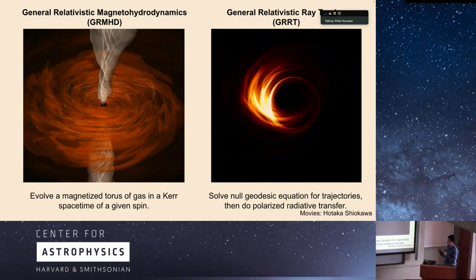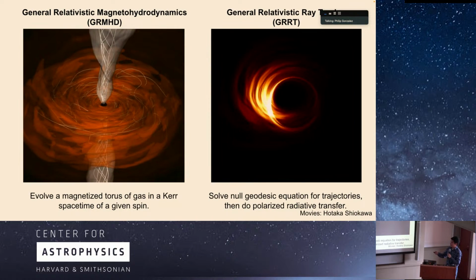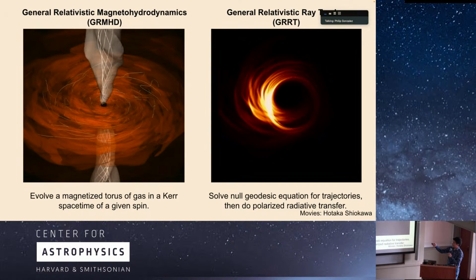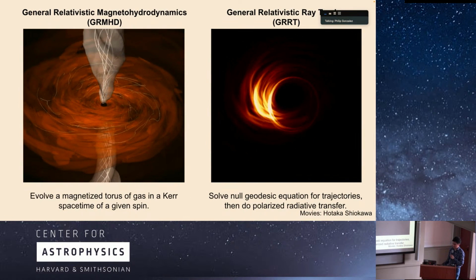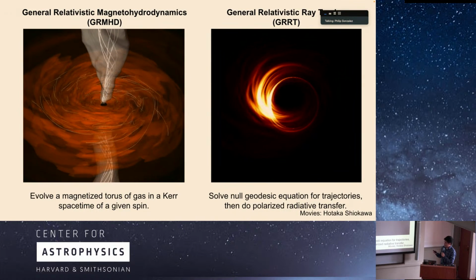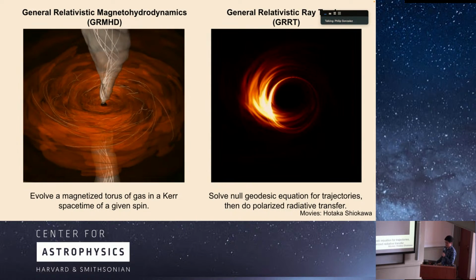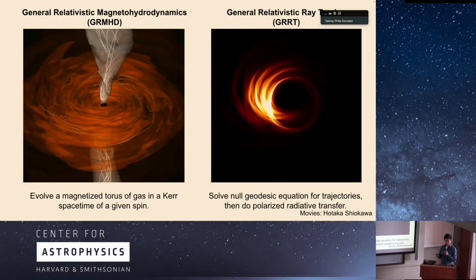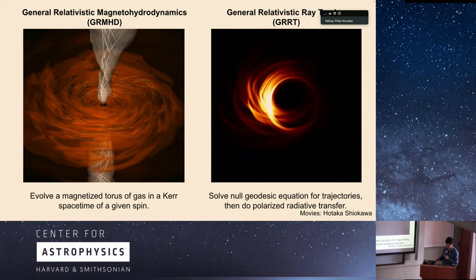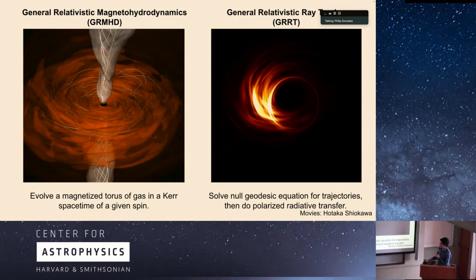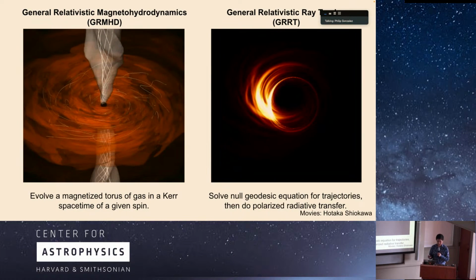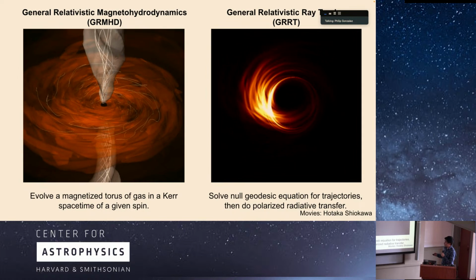There are interesting and very useful differences between the simulation view and what we expect to see with our telescopes. In particular, this side is brighter than the other side due to Doppler beaming or Doppler boosting. And this allows us to have some constraint on the inclination of our sources. It's one of the reasons, since Sgr A* is so symmetric, that we tend to disfavor models that are more edge-on. But polarization can give you even more information than the total intensity, allowing you to break degeneracies and probe the magnetic field geometry.